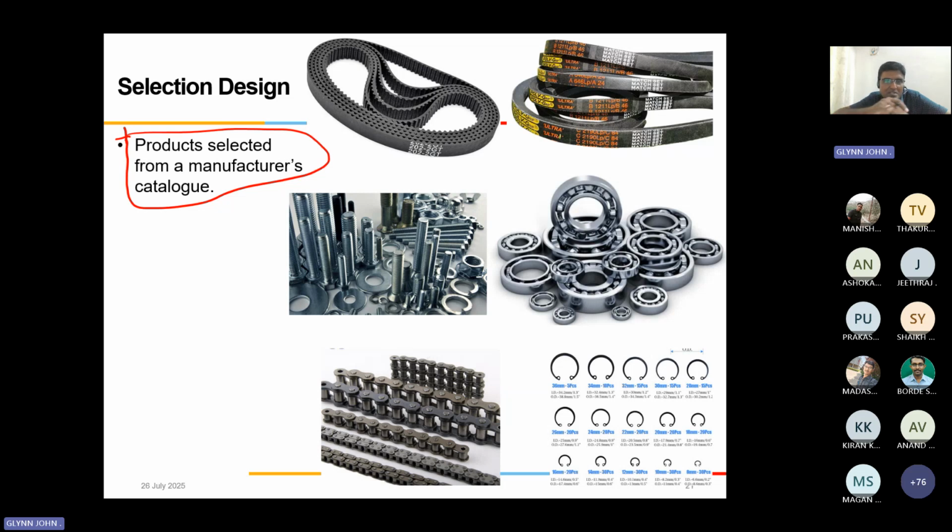Now, some details, some instructions will be given. So you have to follow those instructions while selecting parts from a catalog, right? So that is called selection design. Now, you will need technical expertise to do this. Just because you're selecting from a catalog doesn't mean anybody can do it, right? So now fasteners, washers, right? Now, in the case of fasteners,